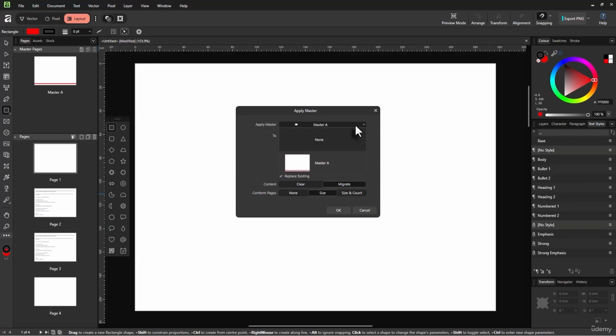It will give you an option to choose the page that you have created. We have only created master page, which is master A, not master B or C. It is only giving us the option to show the master A page. So master A is selected, and if you want to apply the master page in all pages or odd pages